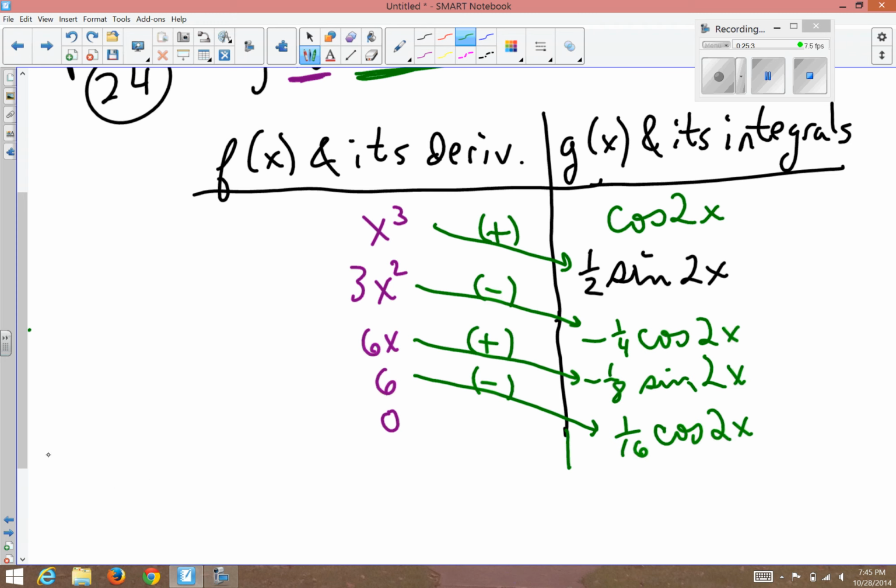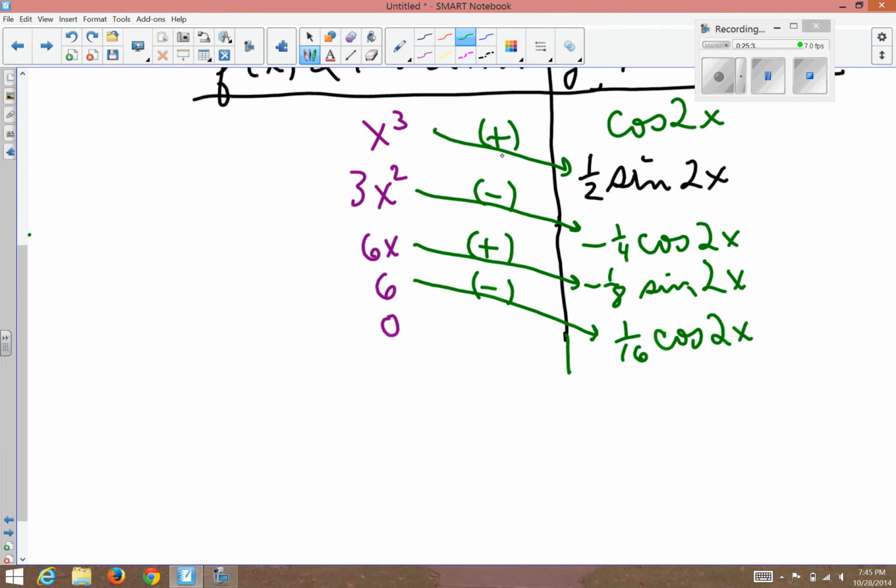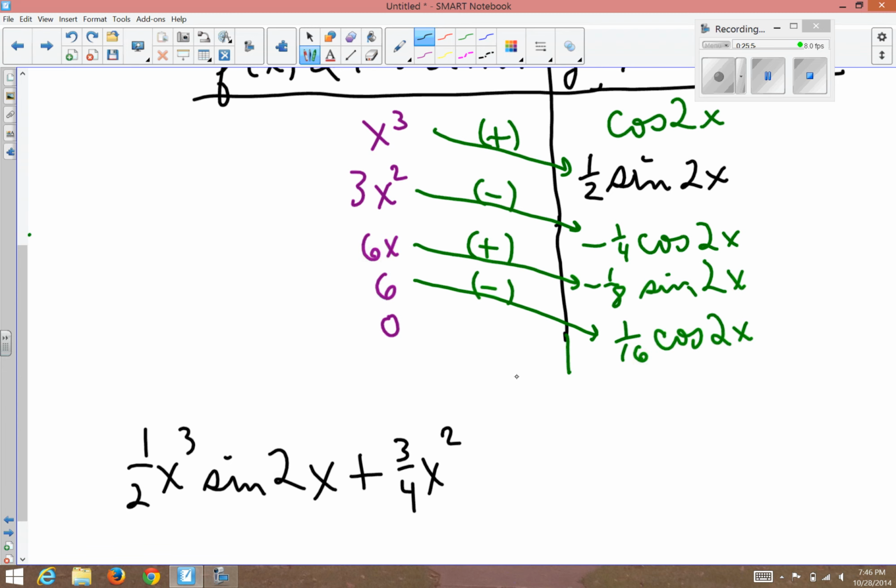It looks like this. Positive that times that is going to be 1/2 x cubed sine 2x, and then negative that times that, but that times that is going to be a negative. We negate a negative, that'll be positive 3/4 x squared